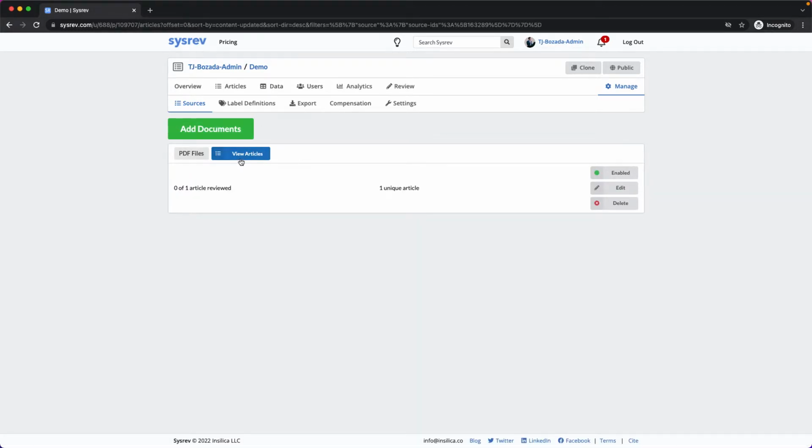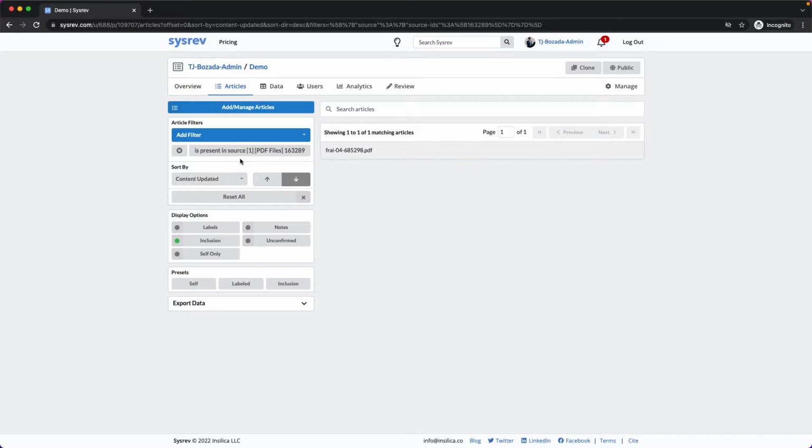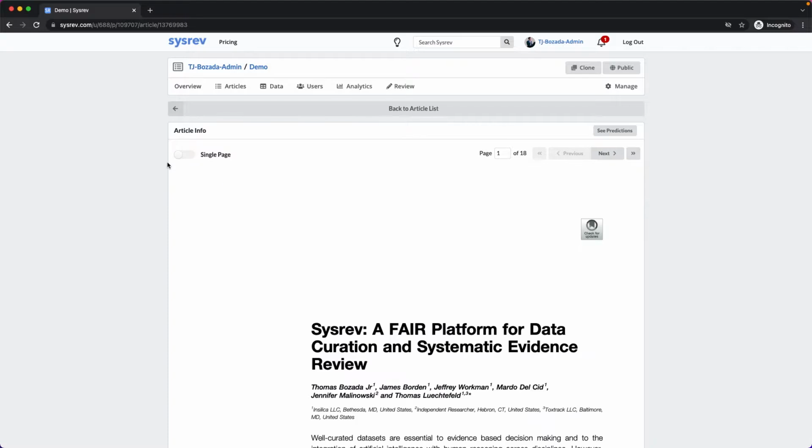If I click View Articles, I'm taken to a filtered article page. Clicking on the document will show me the PDF. Turning on the single page toggle will cause Sysrev to render the entire document at once, in this case 18 pages long. Alternatively, there are pagination navigation buttons to the right. Returning to the Sources tab,